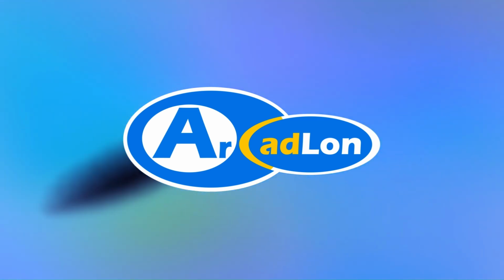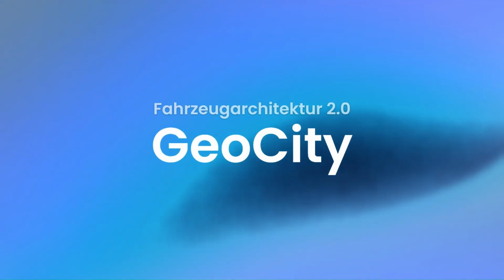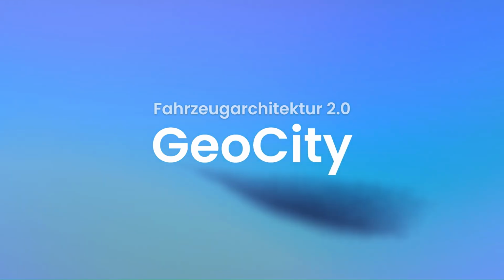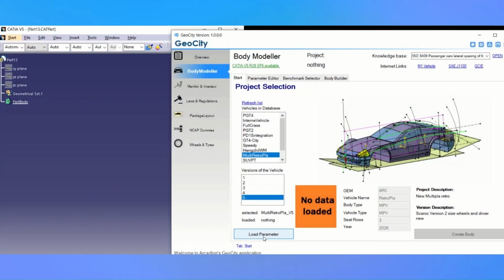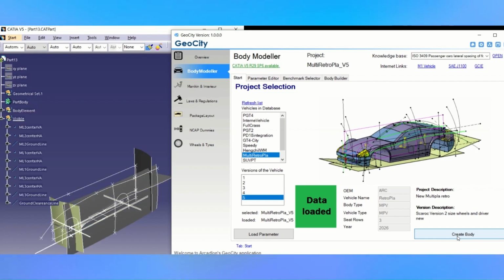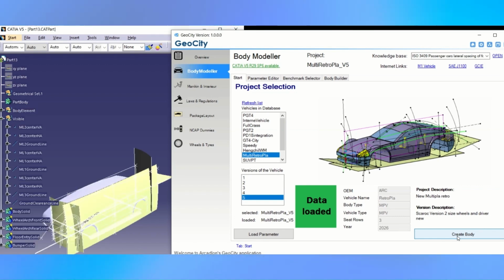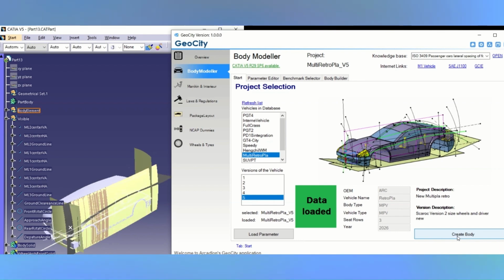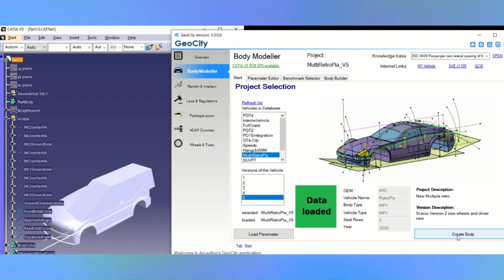The company Arcadlon GmbH presents an evolution in vehicle architecture with a program, GeoCity. This makes it possible to realize the design of a vehicle in CATIA V5 within a very short time. The heart of GeoCity is a database that must be initially filled with the vehicle parameters, defined by GCIE and SAE dimensions, and the outer skin of a new vehicle is created on the screen, virtually at the touch of